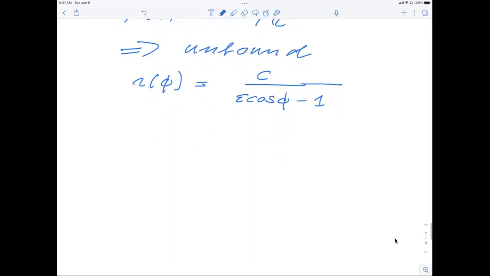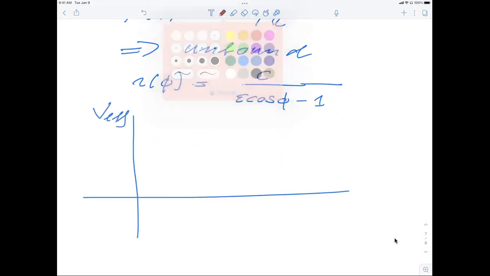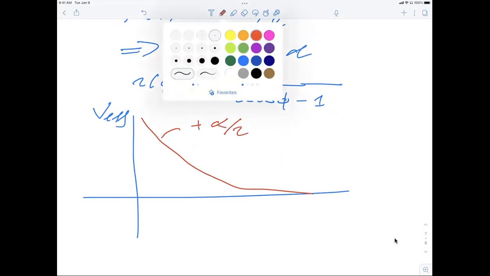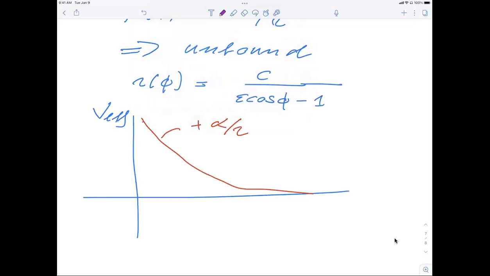And if I plot the two quantities, this potential itself, so I plot the V effective here, there's going to be one term which goes like this. So this is my plus alpha divided by r. And then there's going to be another term which drops off a little bit faster, which is this term. So this is my L squared divided by 2 mu r squared. But what you see now is that the energy is always going to be positive,